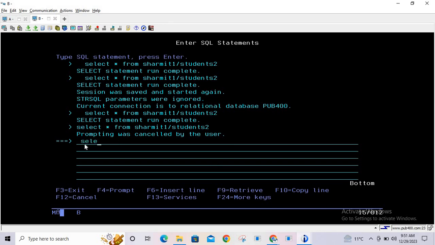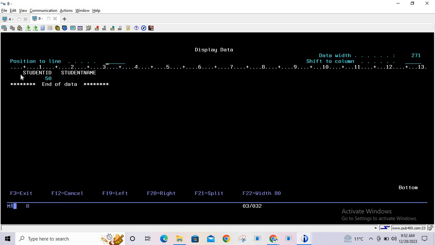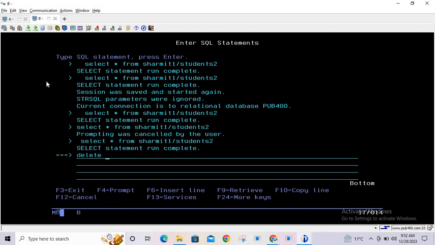Okay, so let me run this query again. Select star from Sharmit1/students2, enter. As of now, we have only one record in this file. Let's delete that also. Delete from